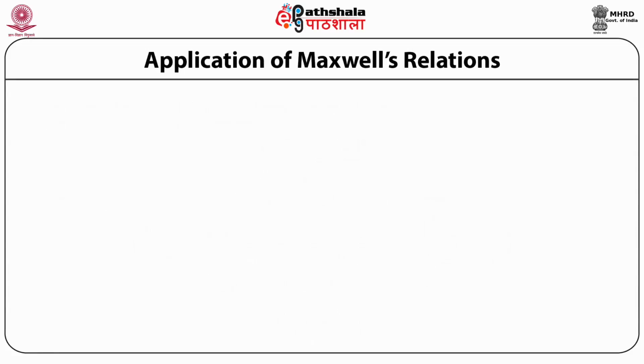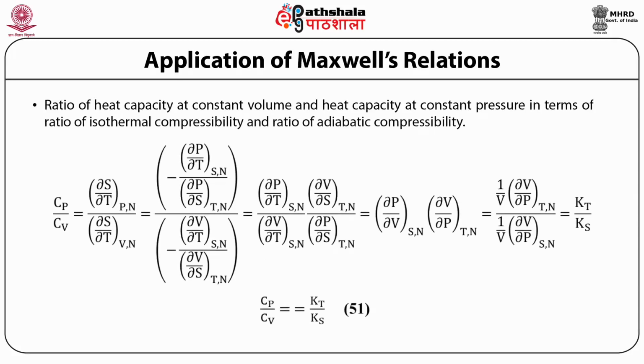There is another relation which becomes very handy when we will be doing some systems later in statistical mechanics. It involves the ratio of heat capacity at constant pressure and heat capacity at constant volume in terms of the ratio of isothermal compressibility and adiabatic compressibility. Let us recall the definition of Cp and Cv. We can write Cp upon Cv is equal to delta S upon delta T at constant pressure and number of particles divided by delta S upon delta T at constant volume and number of particles,